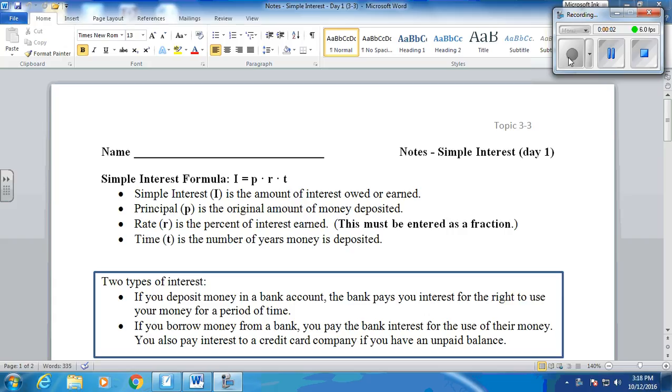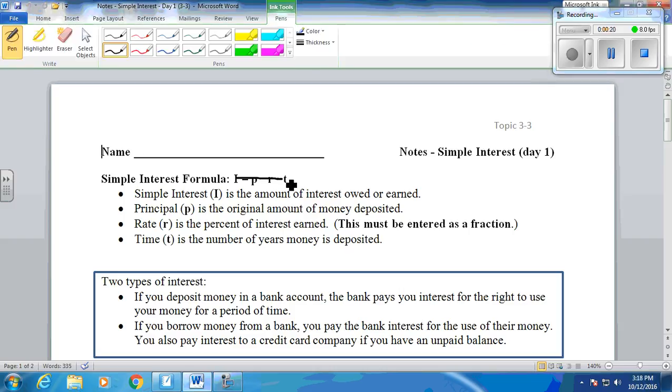Hello! Today we're talking about notes on simple interest. We're going to be breaking this topic up into day 1 and day 2. Just to start here, we're going to be using a formula, and you will not be given this formula on a test, so you do need to make sure that you have it